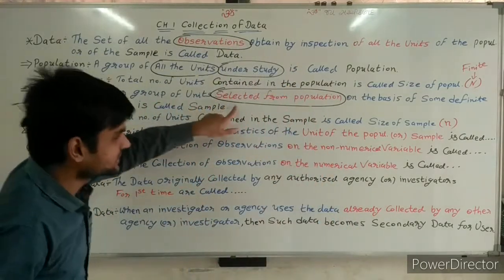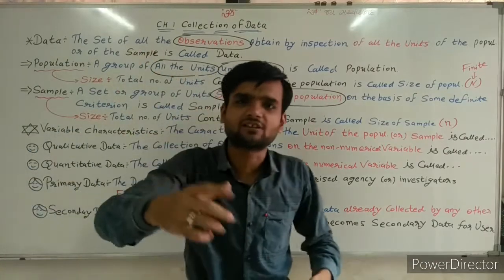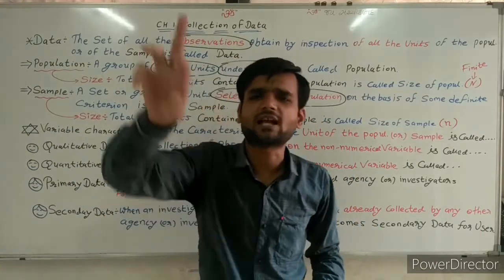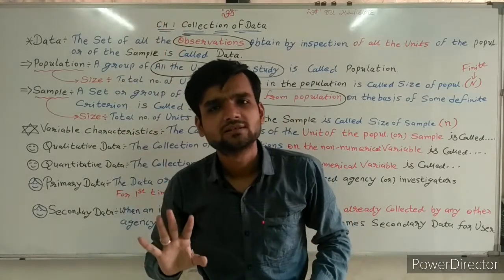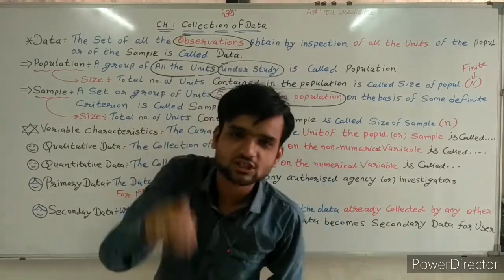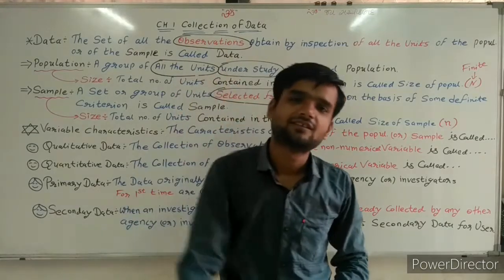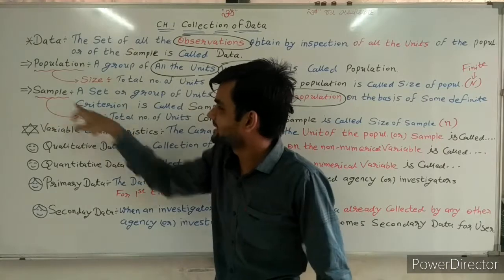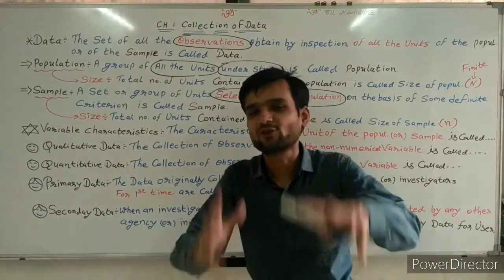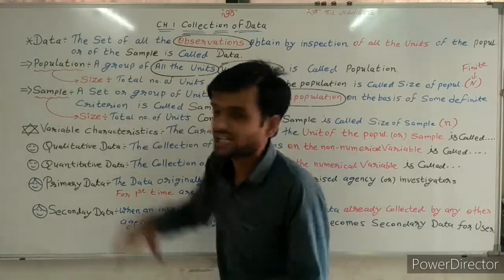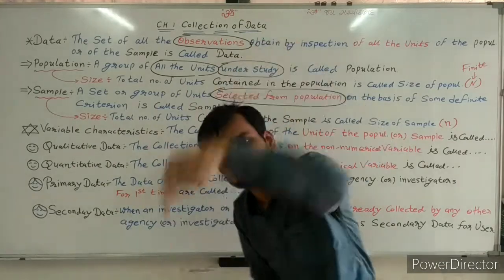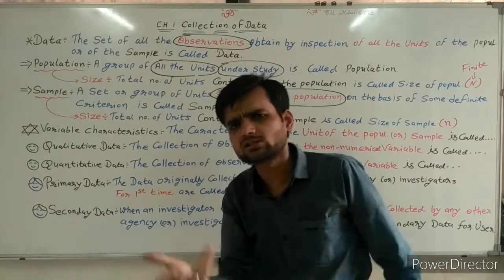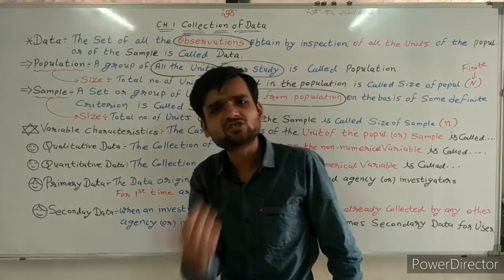So, selected from the population on a definite criterion. Kamal sir teaches those subjects, account and state only. So that is the sample on the basis of Kamal sir. Now again, population size and sample size. Now sir, what is sample size? Population size means the number of units included in the population. So here the number of units included in the sample is called the size of the sample.